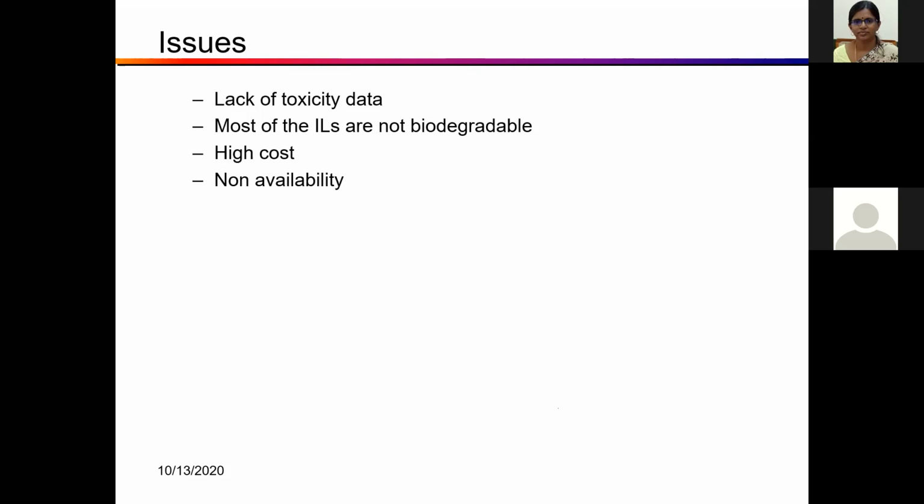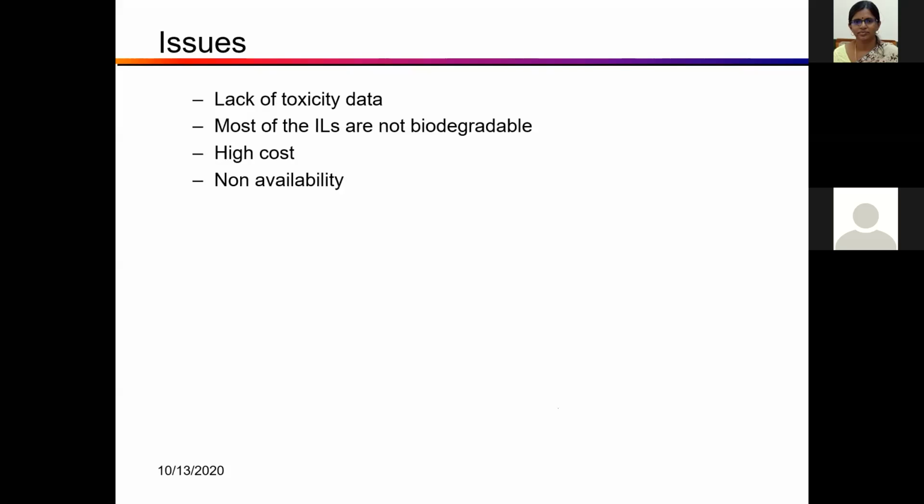So you cannot easily get a specialized ionic liquid. Common ionic liquids are available in the market, whereas a specialized ionic liquid you have to synthesize yourself. So you have to know the procedure for synthesis of ionic liquids, and you have to work on that. If you are able to synthesize, then you have to check the properties, then use that material for the studies. So first, lack of availability of the material in the market.